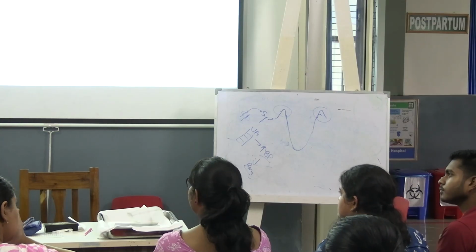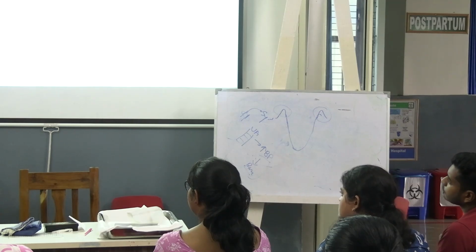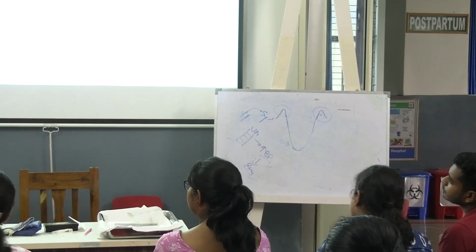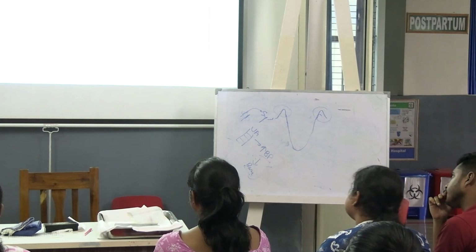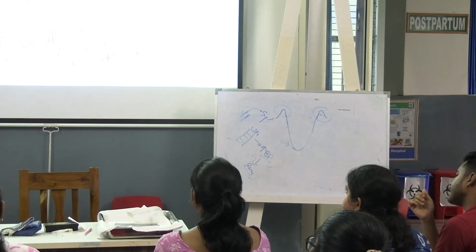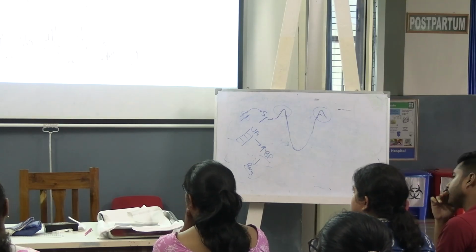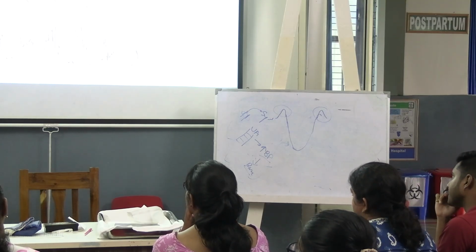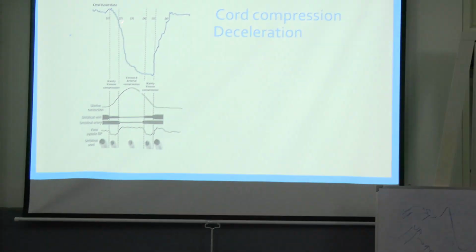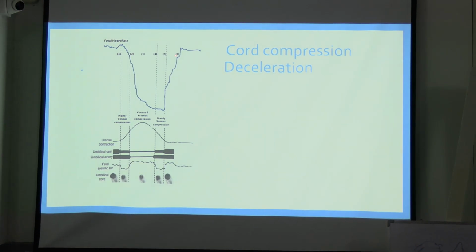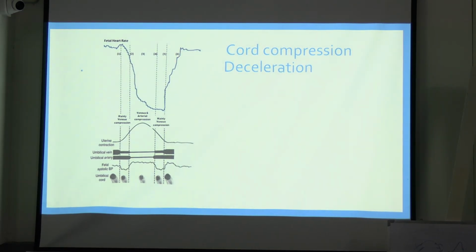If shouldering is present, that is a good sign that the fetal ANS system is working fine. But if shouldering is absent, that means the fetal ANS system is not working well. So this is a concerning feature. No shouldering. Here you can see there is no shouldering. There is normal, there is no increase in heart rate, and this is the normal shouldering. Increase in heart rate just before and after the waning of the contraction or deceleration.